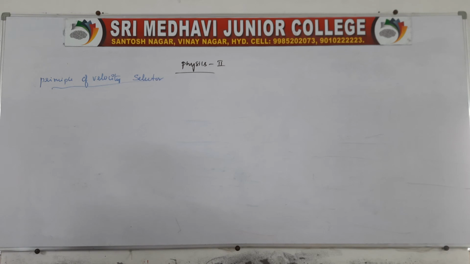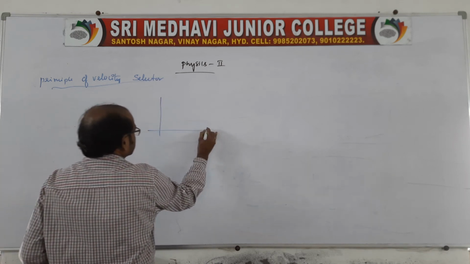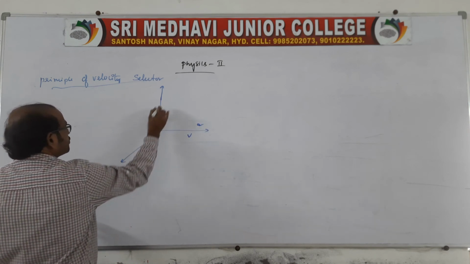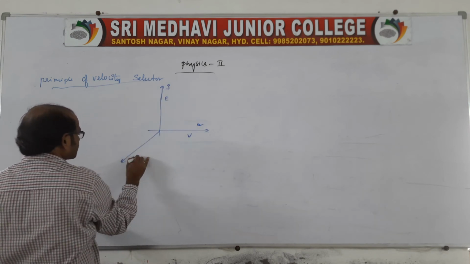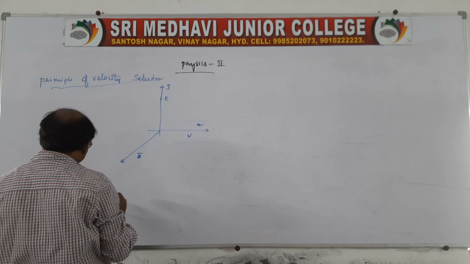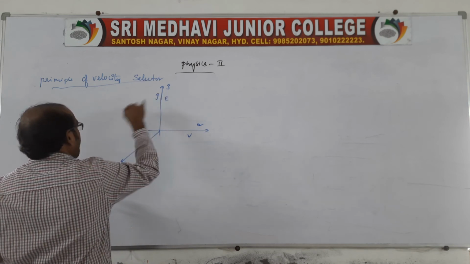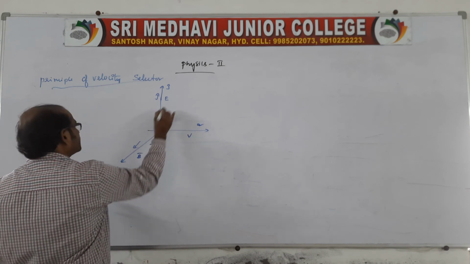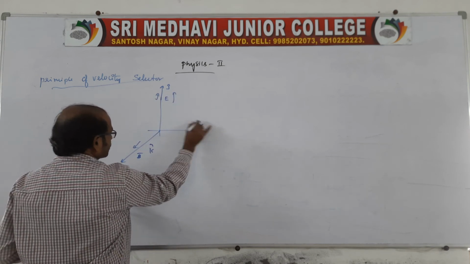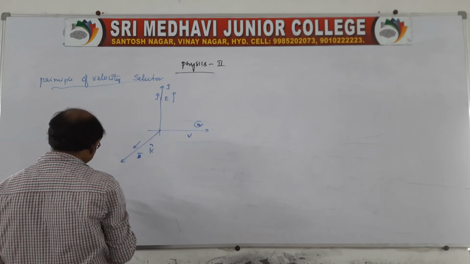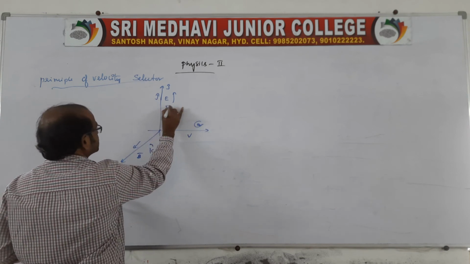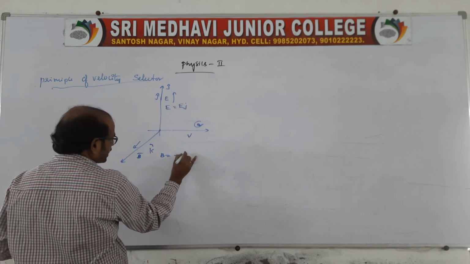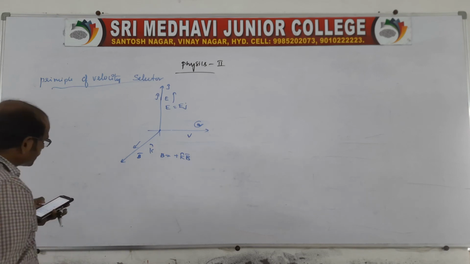Of course, we know that just now, in the case of the Lorentz force, a charged particle is entering where fields exist. There is a magnetic field and also an electric field. The electric field is along J and the magnetic field is along K. The charged particle is entering at this point, right? We can say E is equal to E J cap and B is equal to plus B K cap. So these are acting simultaneously at a point.